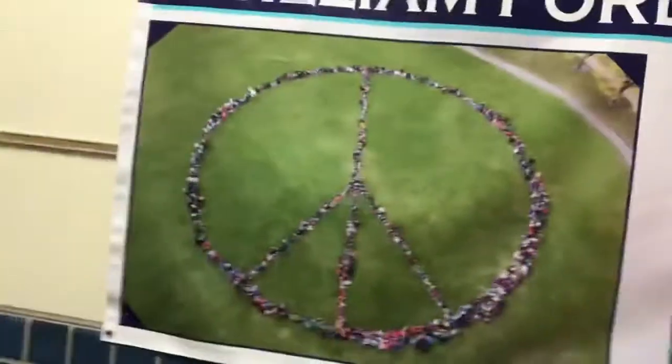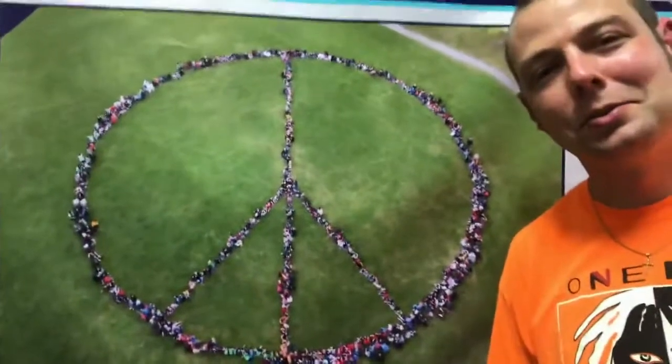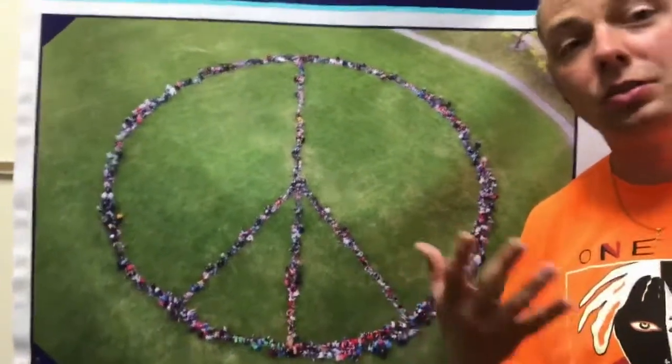With the help of a drone, they actually made a human peace sign out on their property of the school and made banners that are all over the school, that you can see this and continue to remember the message. If you zoom in close here, I guess just like a drone does, right? You can see that they use their bodies to form the peace sign and actually truly choose to live this